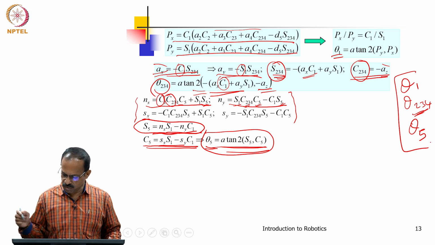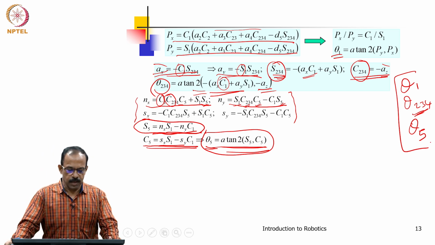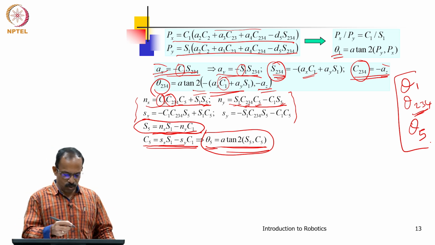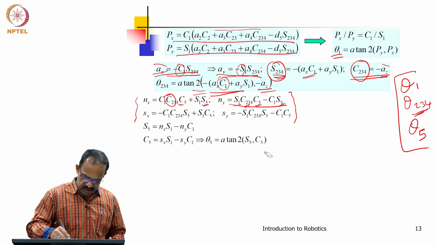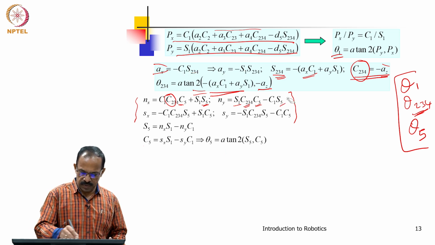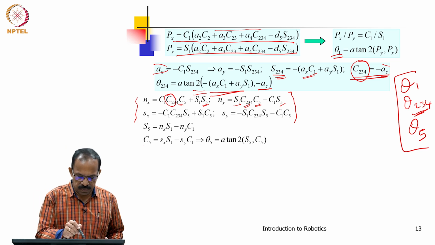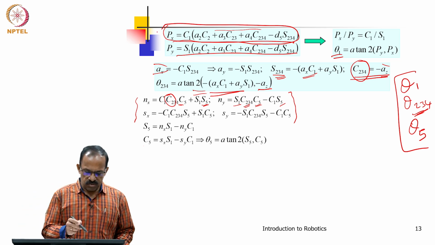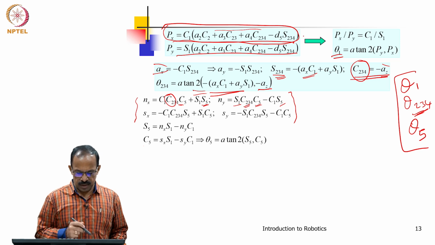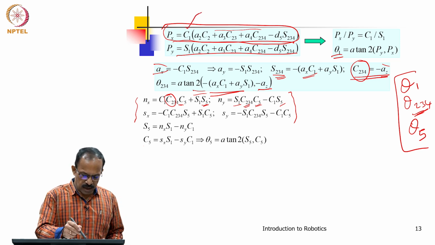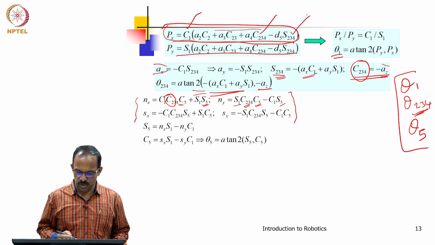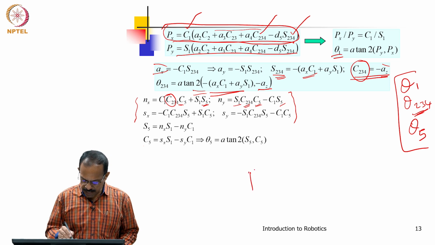Okay, theta 1, theta 234 and theta 5 we obtained, but still we do not have theta 2, 3 and 4 individually. So, we have to see how to get that. Again we have to look at these equations and see how we can solve this. Now, if you look at these Px parts, Px is equal to C1 multiplied by something, and we know theta 1, we know theta 234 also.